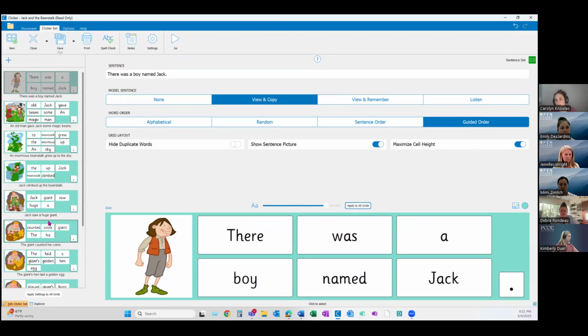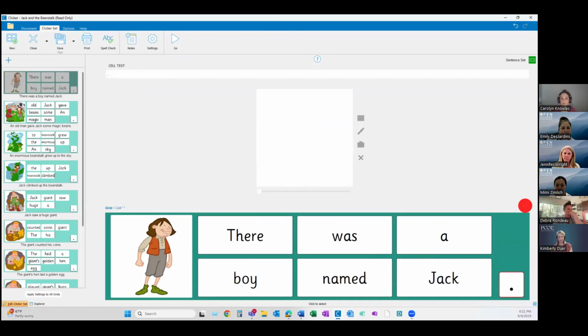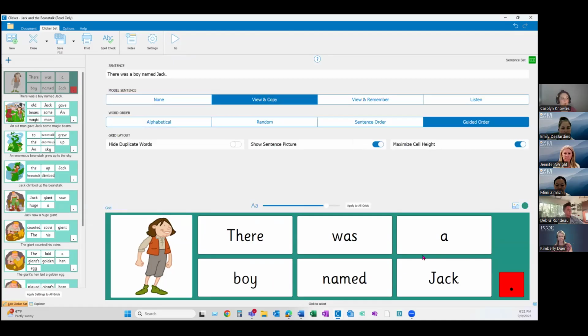It will look slightly different depending on the length of the word. If it's a word like enormous, that is going to look a little smaller than a word like Jack, but it'll make the font all about the same size. And we can, of course, change the color if we need it to be a lot deeper or a lot more obvious. And even the individual cells here also, if we wanted our punctuation, for example, to be red, or if we wanted to add different pictures in here, more pictures in here, you're always able to do that.